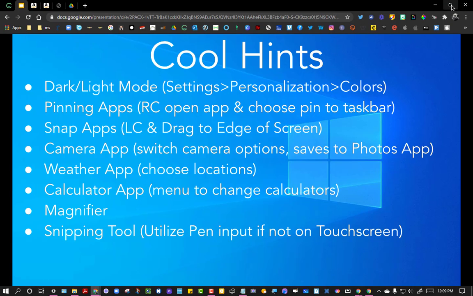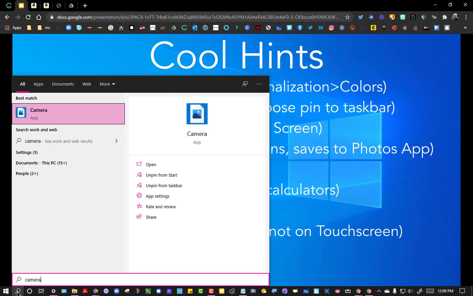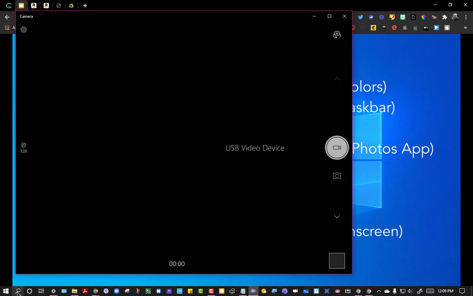Camera app. There is a camera app built right into Windows 10. I do have it pinned right here across on my taskbar, but in order for you to find it, you can simply go into the search, which is right next to the Windows button down in the lower left-hand corner. So if I wanted to search for it, just so you can see how that would be, I'm going to type camera. And because it's highlighted already, all I have to do is hit the Enter key, and it's going to automatically